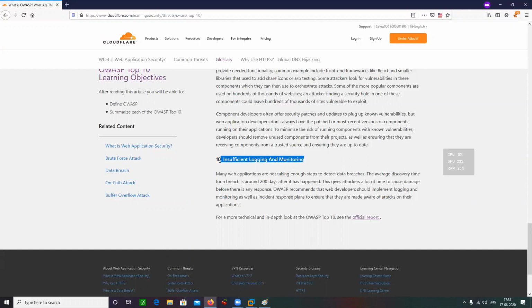What the attacker is going to do is make repeated attempts at exploitation. Many times the attacker is going to fail. If you are creating sufficient logs and looking back into them, you can see some abnormal activity.